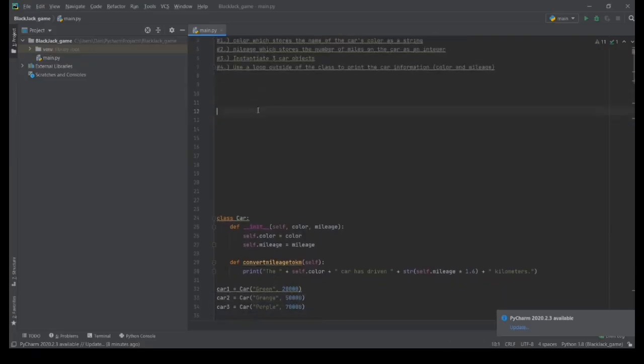So to begin, I'm going to come up with an example. It's in the course docs, but